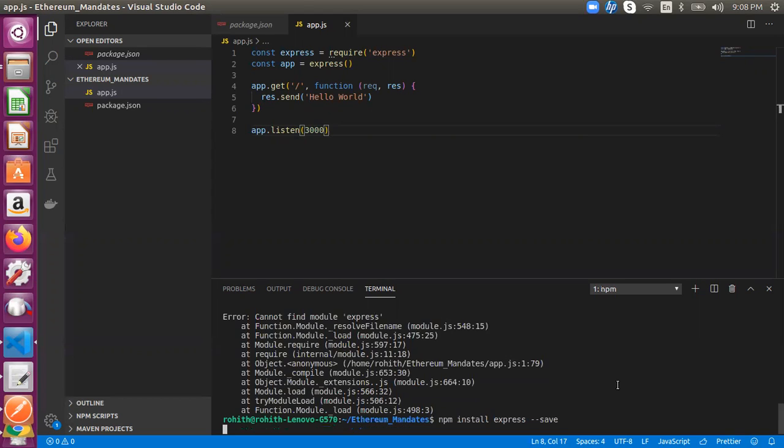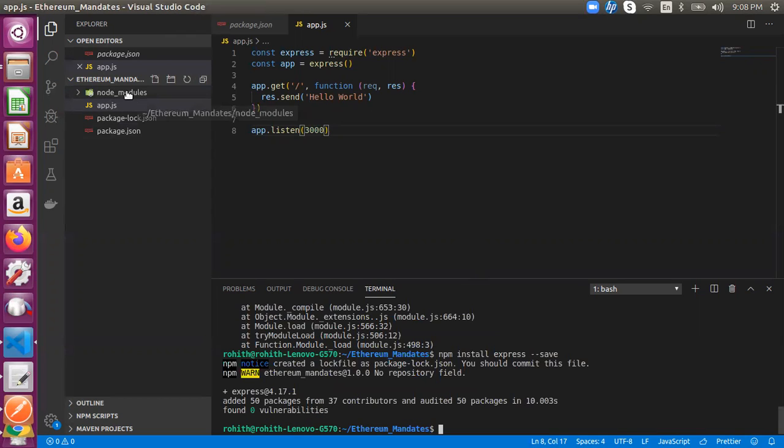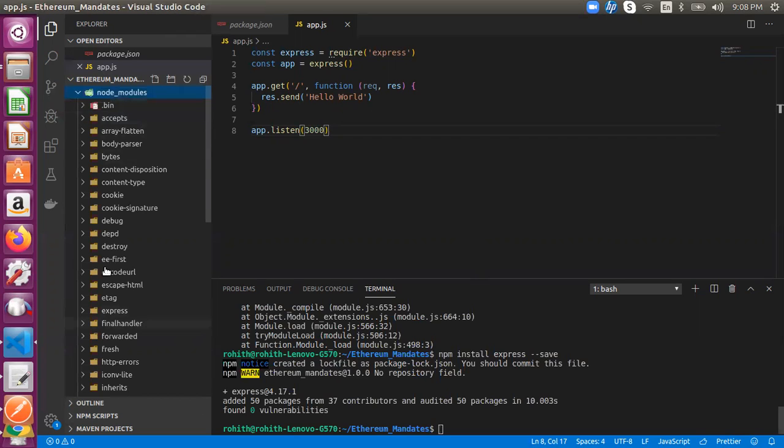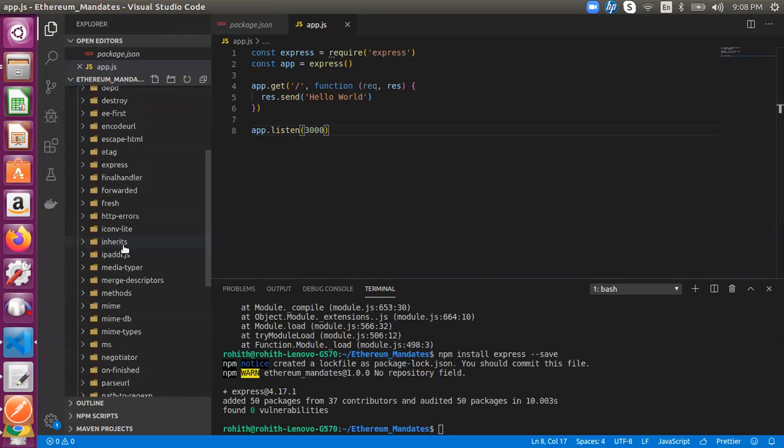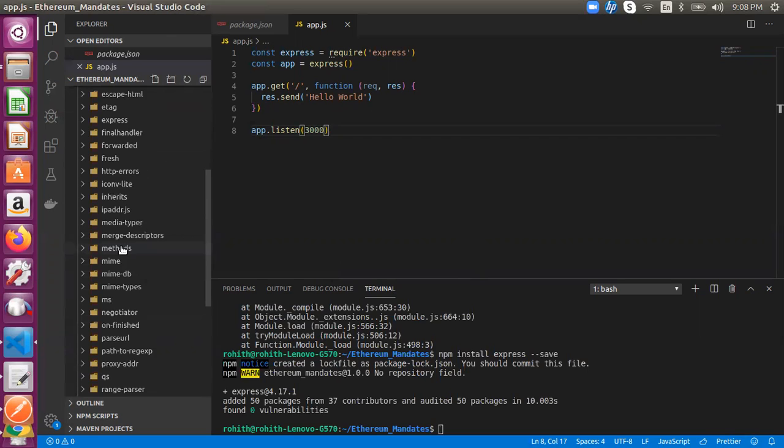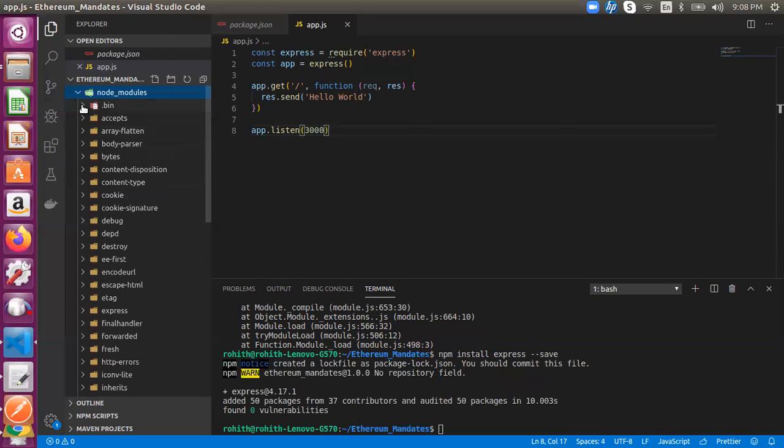Once I press enter, you can see a node_modules directory is created after successful installation of npm install express. See here, the node_modules folder has been created. Inside node_modules, whatever express uses, everything is contained in different folders, routes, everything we use for express. We don't use all these libraries directly, but as a part of express they have all come here.